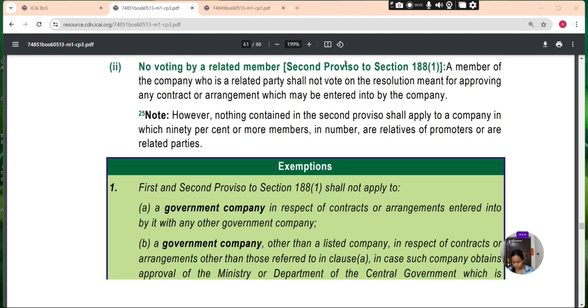First and second proviso to section 188 shall not apply to a government company in respect of a contract or arrangement entered into by it with any other government company, or a government company other than a listed company, in respect of contracts or arrangements other than those referred to in this clause, in case such a company obtains approval of the ministry or department of the central government